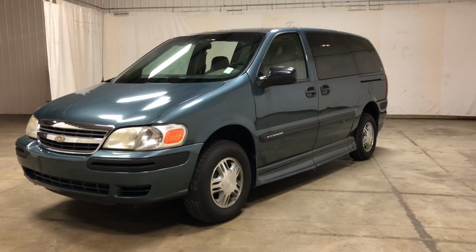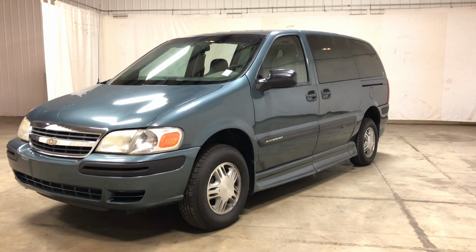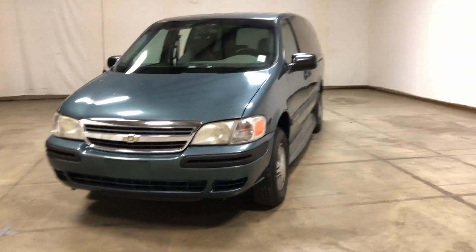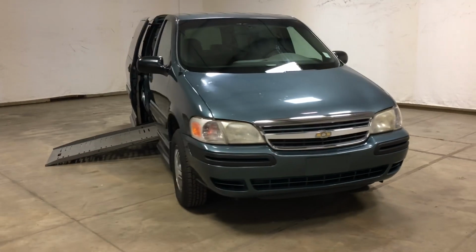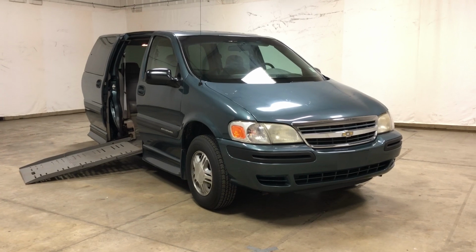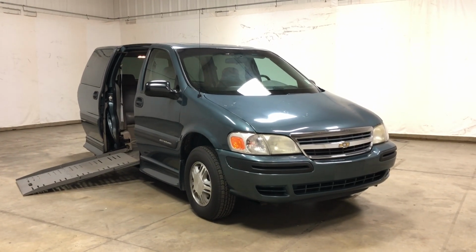We have brand new vehicles as well. This one's an older trade-in we've taken in, but most of our vehicles in stock are 2016, 17s, and 18s. So this is one of the older ones we got at the lower price point. They range all the way up to 70, 80 grand if you get to a Suburban or the Silverados. But this is a really good-looking van, a lot of bang for the buck, only $12,995, 134,000 miles, V6 engine,